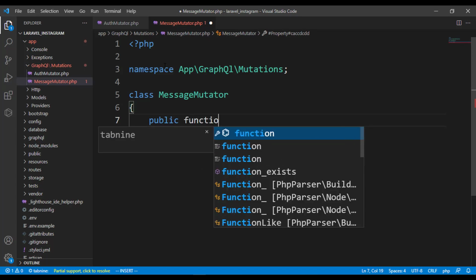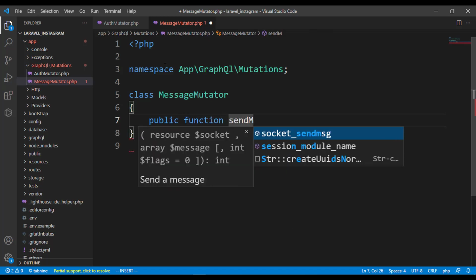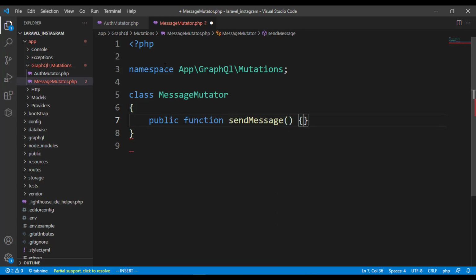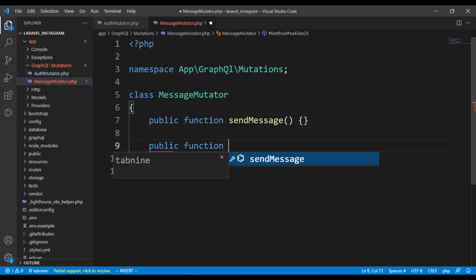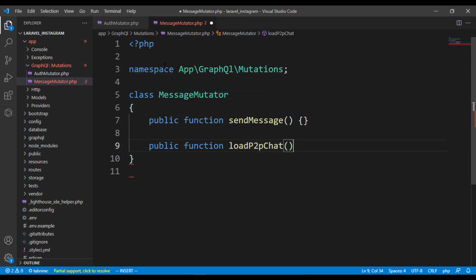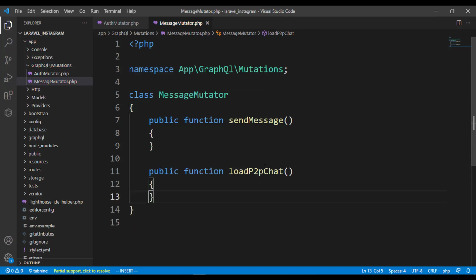So we have the public function of send message, and then we have the public function of load P2P chat. So this doesn't just go like that. There are some arguments that we do pass in all these parentheses, but as we progress, we're going to do that